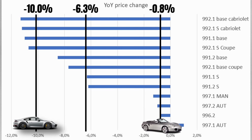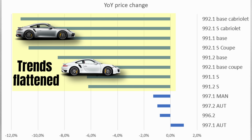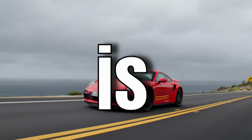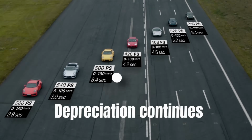Heck, even the year-over-year numbers for the new cars don't portray the full picture. We saw that 992s and 991s dropped rapidly in the second half of 2022, but that the trends flattened significantly. In other words, it appears to be so that the reaction to the pandemic price surge is over, and that depreciation rates return to more normal values. That of course doesn't mean that turbos won't depreciate. On the contrary, they will, but just as before the pandemic, they are doing so at rates that are lower